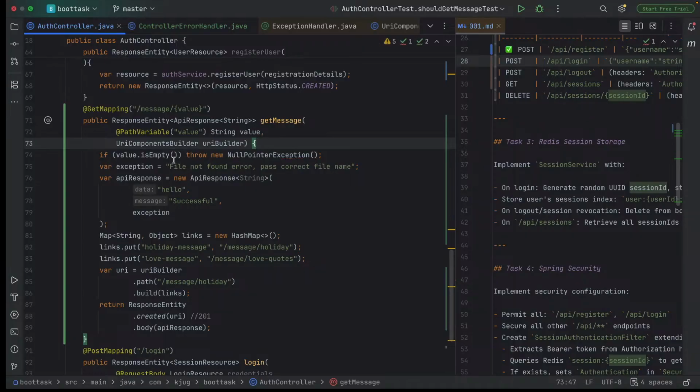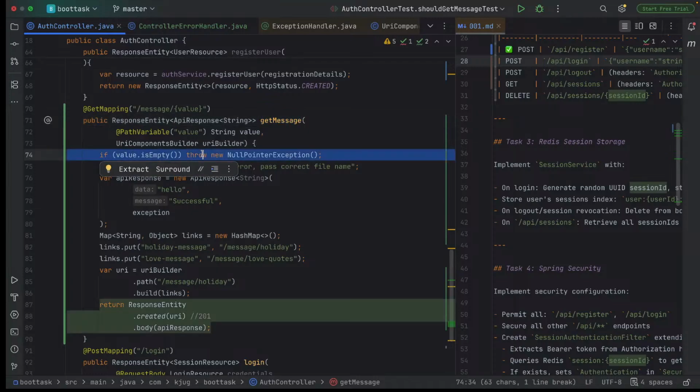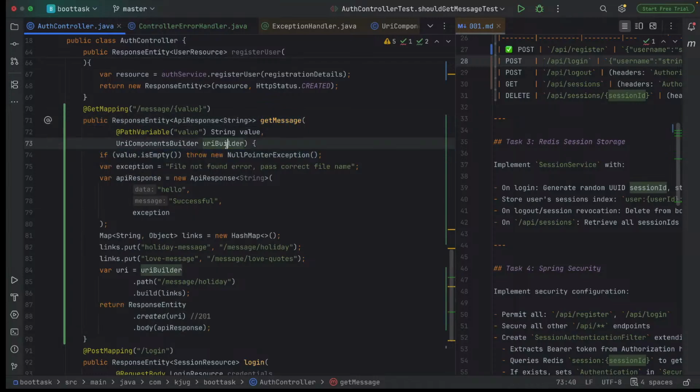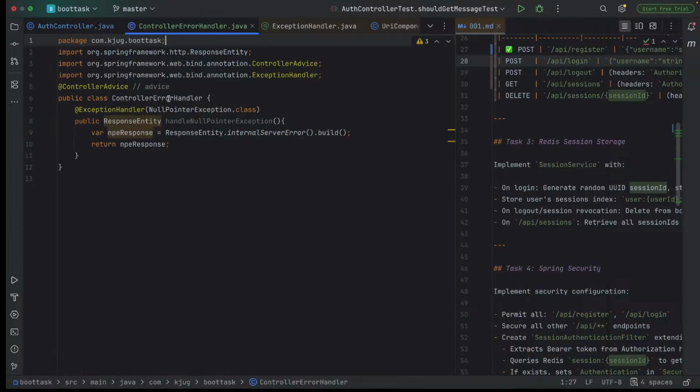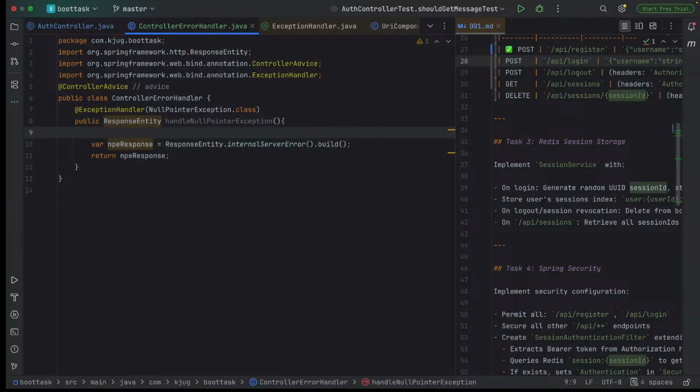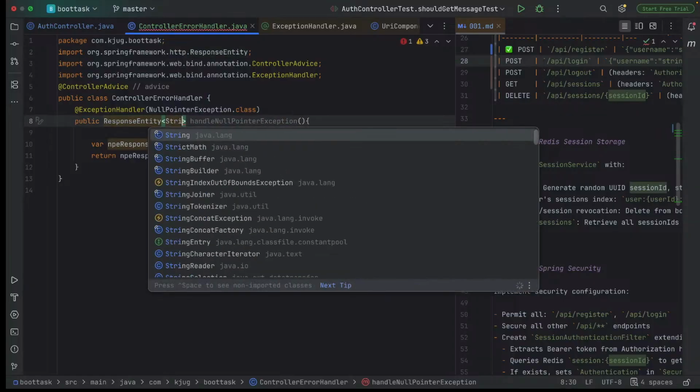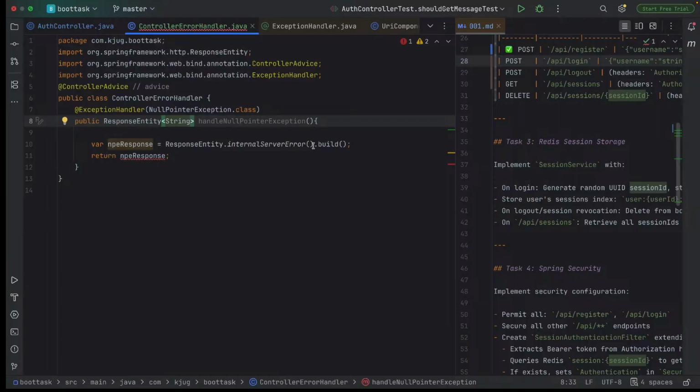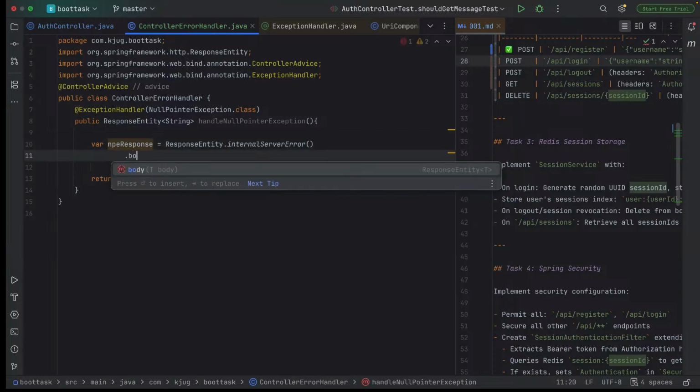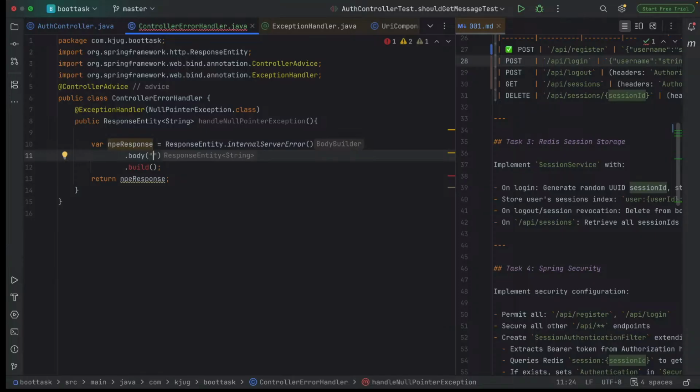So there'll be an NPE in this getMessage function, but we've not determined what the response entity will be. What we are hoping is that our controller advice will intercept that NPE and return this internal server error. To be sure, I should probably have more information in that. So let me change the response entity so that we have a string, so that we can inject something custom that allows us to know what's happening. In the body, I'll specify